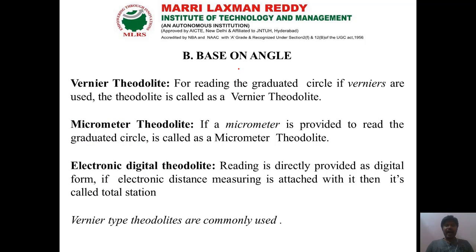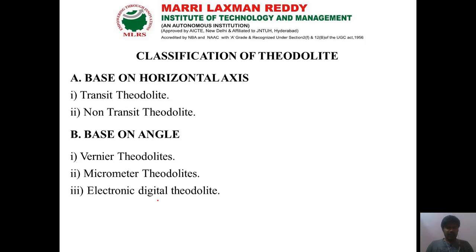Next, based on angle, for getting the angular measurements, the reading of the graduated circle is in verniers. Vernier scale, so that kind of theodolites are called vernier theodolite. Here in the figure,